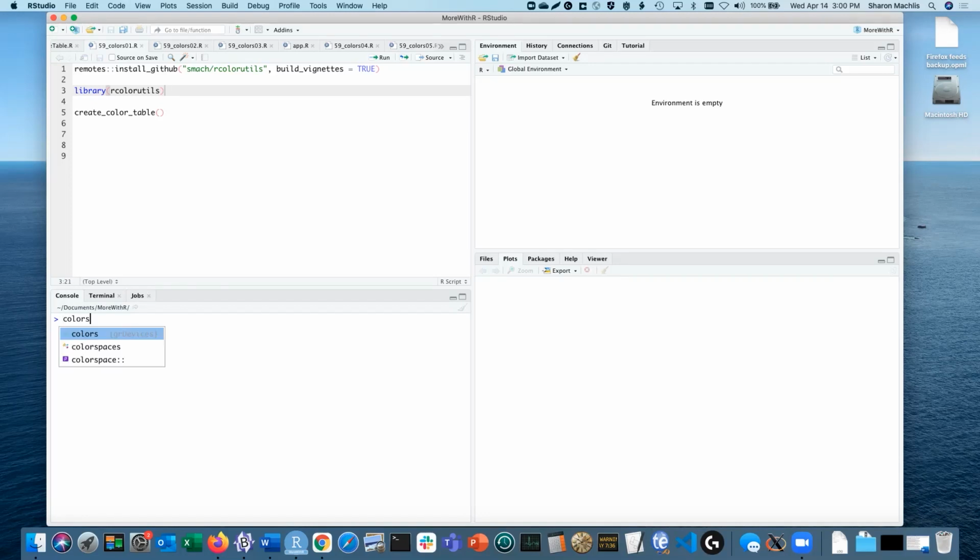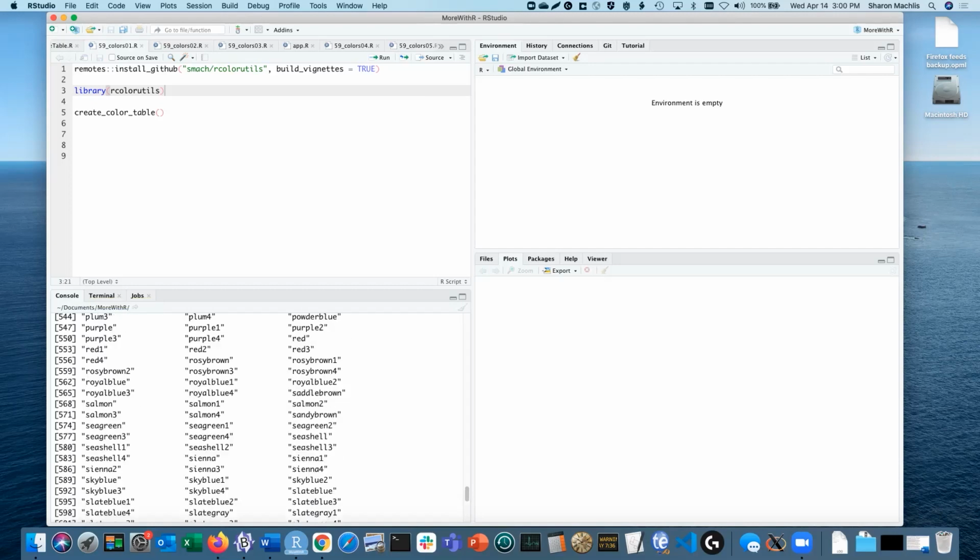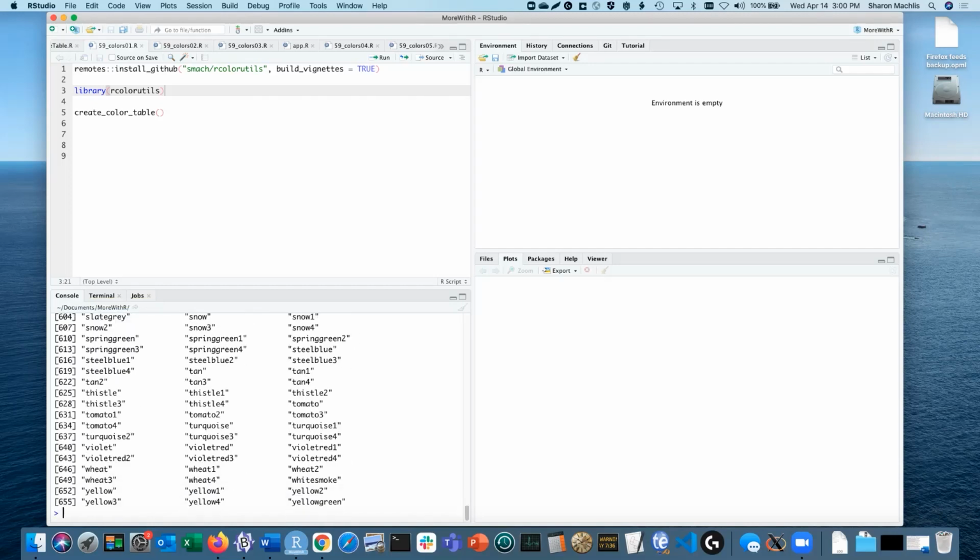Take a look at that. You just get a list of names. There are websites and PDFs where you can view all the colors and what they look like. But why not use your own searchable table in R? I built a package to do just that, which you're welcome to download from GitHub using install_github from the remotes or devtools packages. You can see the installation code here in this first line of code.